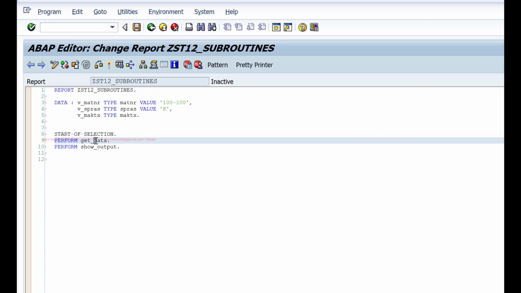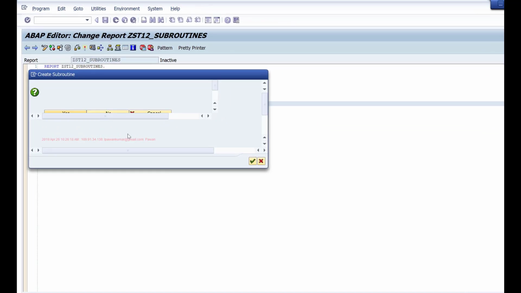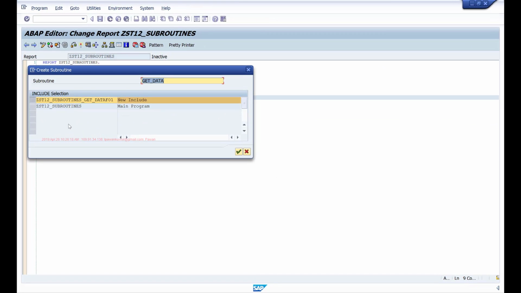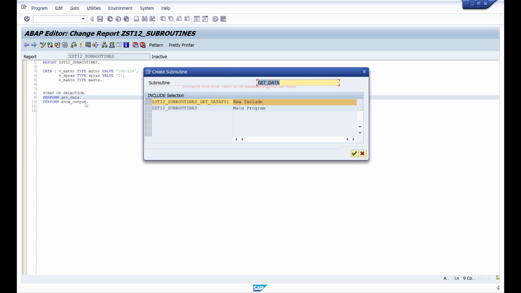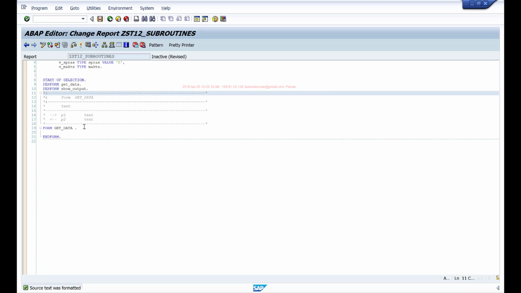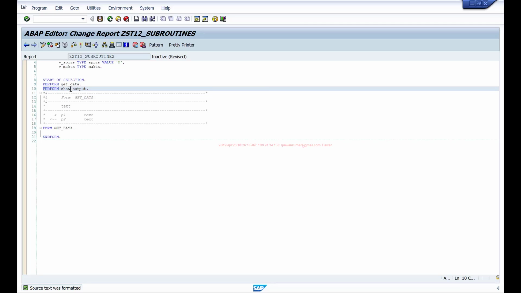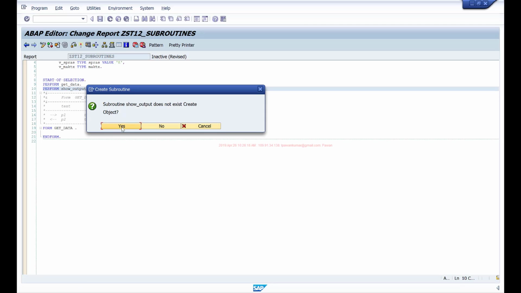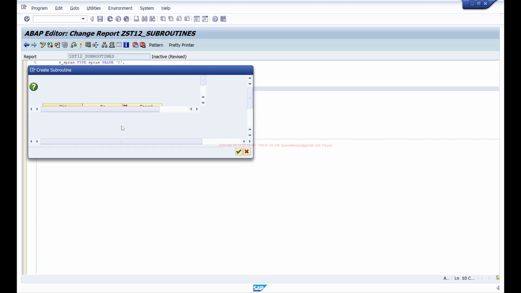Now I'll maintain the subroutines. Either you can maintain it directly between form and form, or you can write the perform statement and double click on that subroutine name. It will get you this dialog box. Select the main program, second option, and click OK. It will create this block within the program. Similarly, I'll do it for show output. Double click on the perform show output.